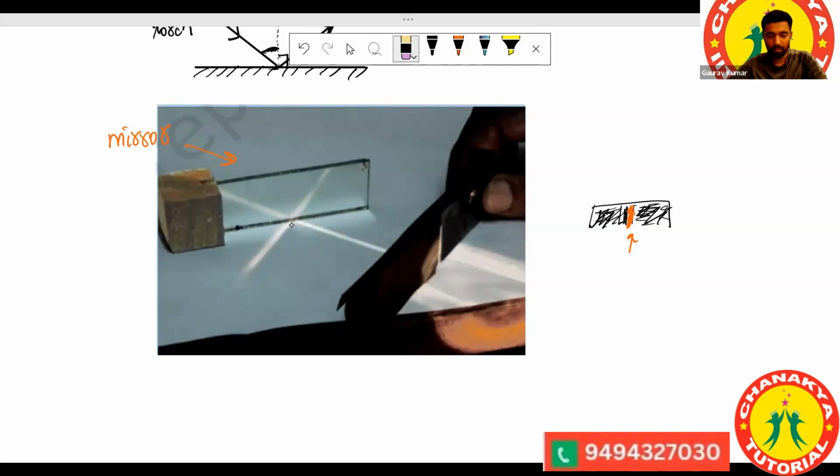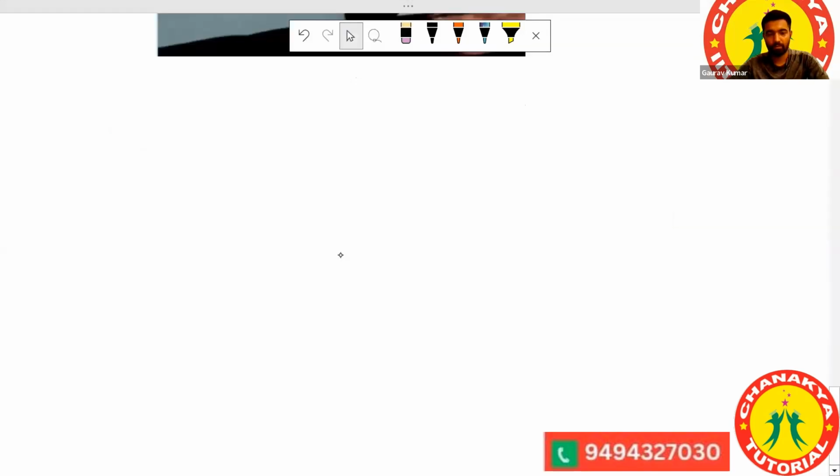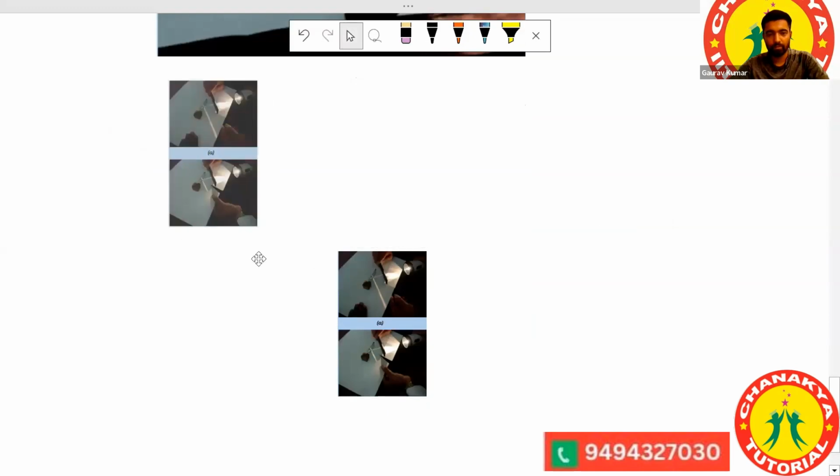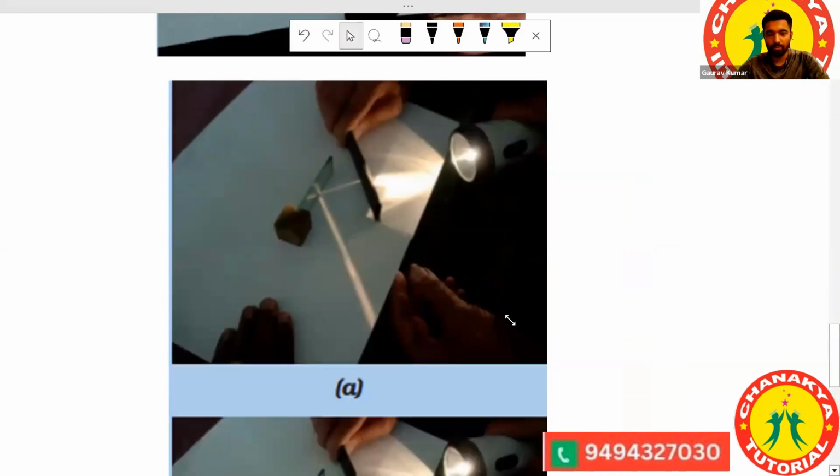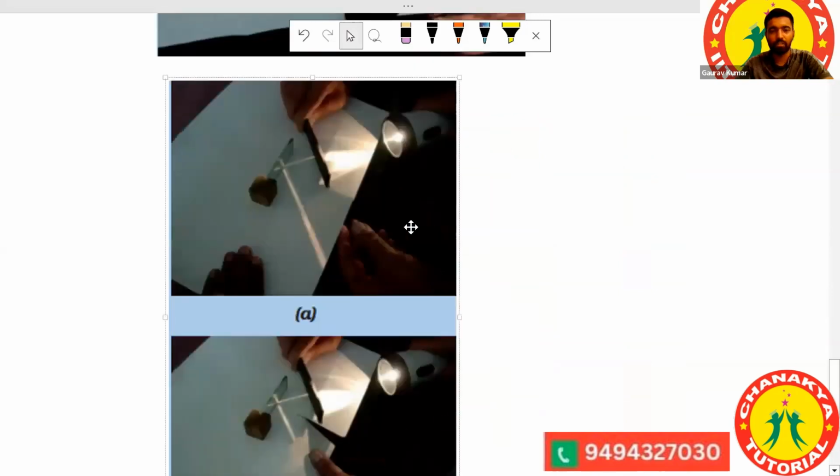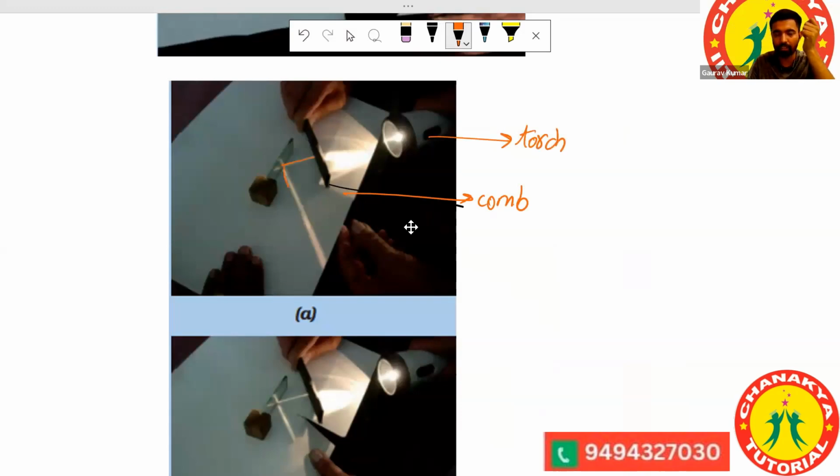Take one more example. This is what we were doing earlier. We are holding one comb, and there is one small cavity left between the strings of the comb, and we are shining a light, the torch. We are shining a torch, and this one ray going to the mirror is being reflected. So